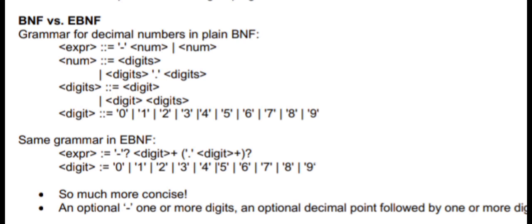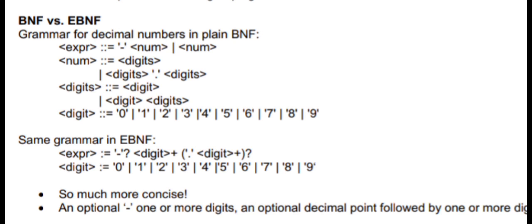So BNF versus EBNF. Grammar for decimal numbers in plain BNF. Example: expression ::= negative num | num. Num ::= digits | digits . digits. Digits ::= digit | digit digits. Digit ::= 0 | 1 | 2 | 3 | 4 | 5 | 6 | 7